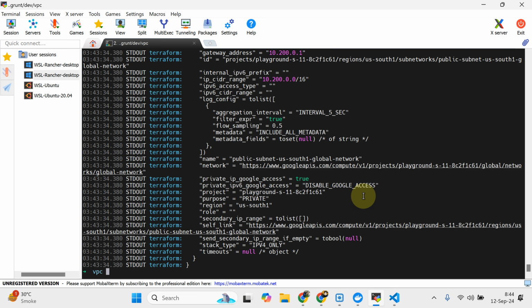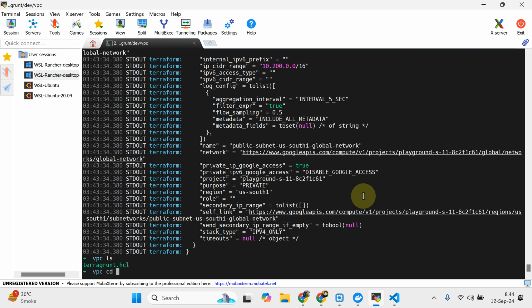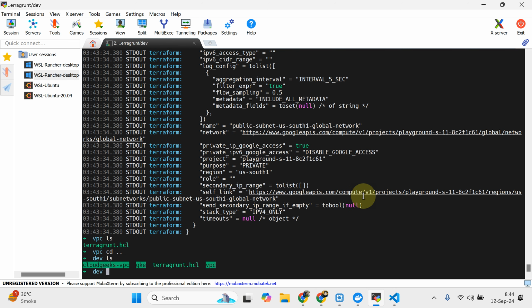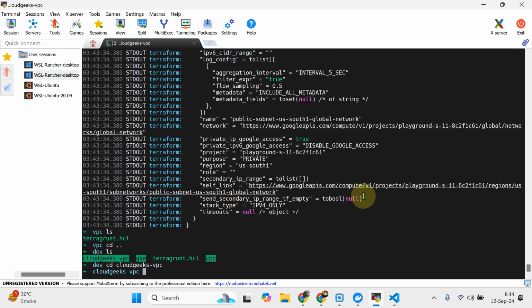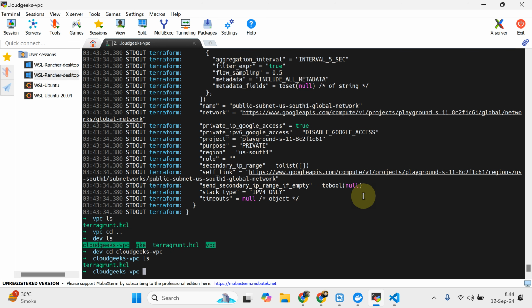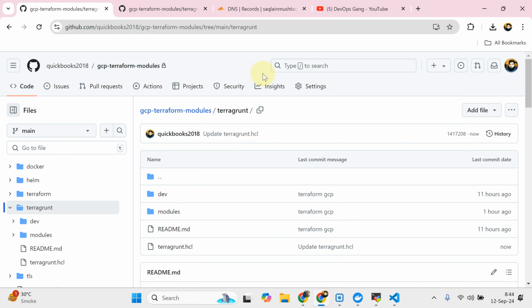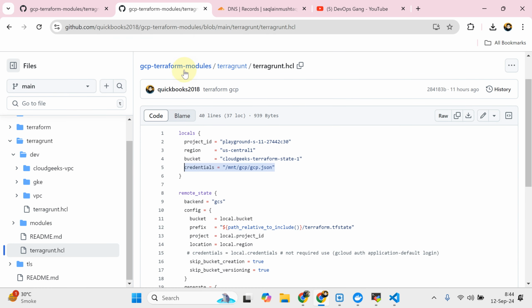So let's see, it is finished. Now what I'm going to do, as I discussed, this is modular code, and I'm going to create one more VPC here to see what it does. Let me show you from the pre-architecture. If I navigate to this section,